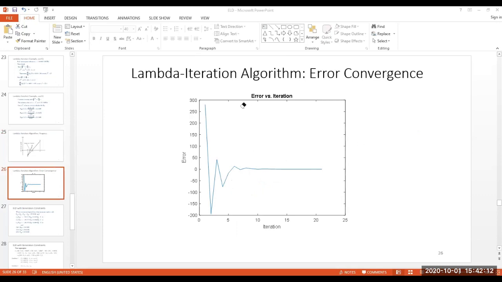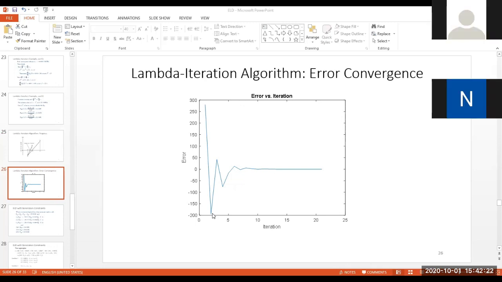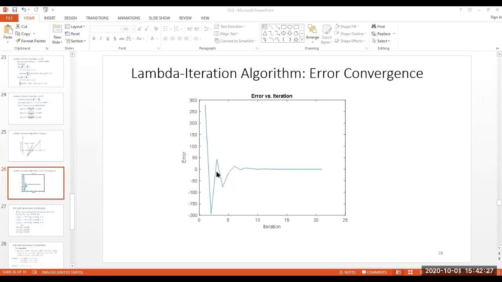It started from a very high value of error. Then the error came down to a negative value. Remember, the first error was positive, then we came down to a negative value, then again positive, then again negative, again positive. You see the oscillation. Finally, probably within 10 iterations, you will come to some